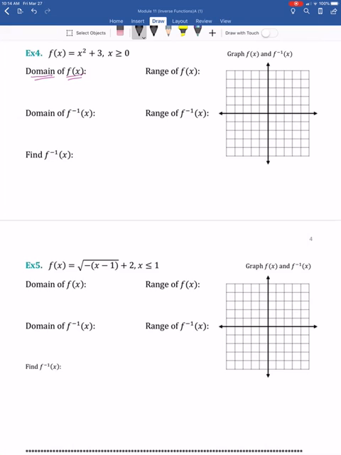Right now, if we graph a parabola, it's a U-shaped graph, which is not one-to-one. It would fail the horizontal line test. So you'll notice they've restricted our domain. So in the domain of our f function, we're looking at all real numbers greater than or equal to 0. So we can go ahead and state that. There it is in interval notation, x greater than or equal to 0, the domain being all the real number values